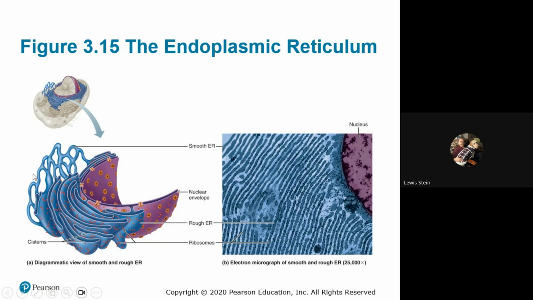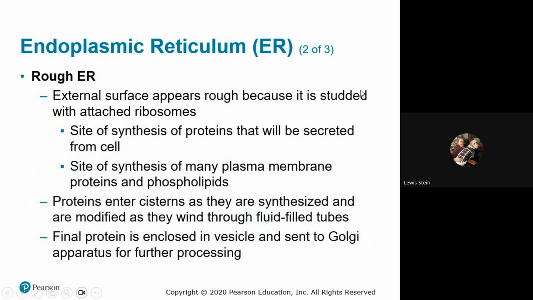And so you can see the smooth is here in cells like the liver, which do a lot of detoxification for alcohol and other things. Smooth endoplasmic reticulum. So the rough appears rough because it's studded with ribosomes that are bound. Proteins that will be secreted or used in other membranes enter a cistern, sort of like a well. It's like a little cul-de-sac, and they're modified as they go through these tubes,